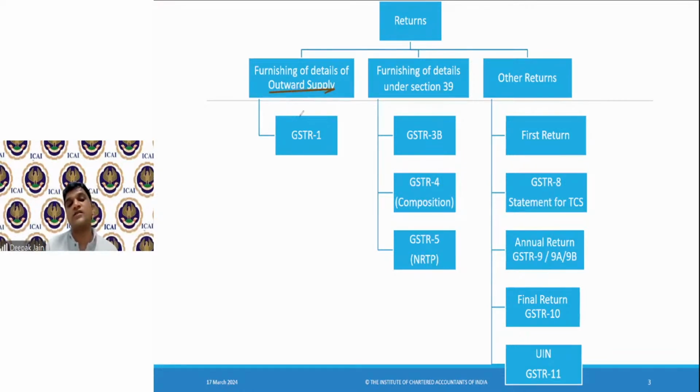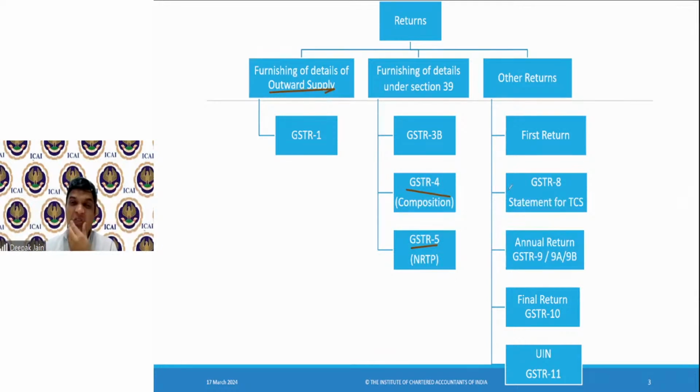So that's the reason the advocate will report it and the receiver will pay it in his GSTR-3B. Now, once reporting in GSTR-1 happens, the sequence is that GSTR-1 happens, then the 3B comes in. In the 3B, you will file the outward reverse charge, input tax credit, and then pay the taxes. Then for a composition dealer, there is a special return called GSTR-4. And for a non-registered taxable person, there is GSTR-5.